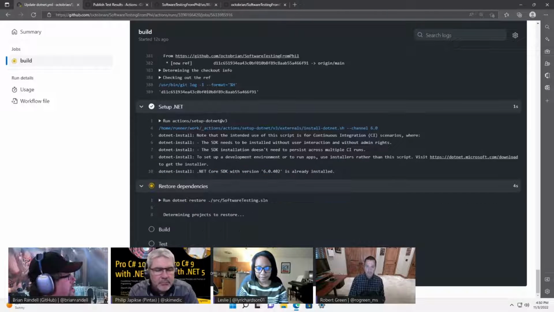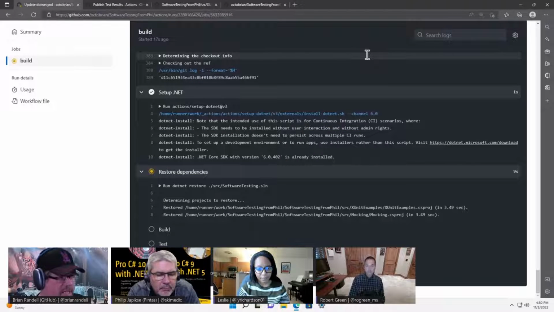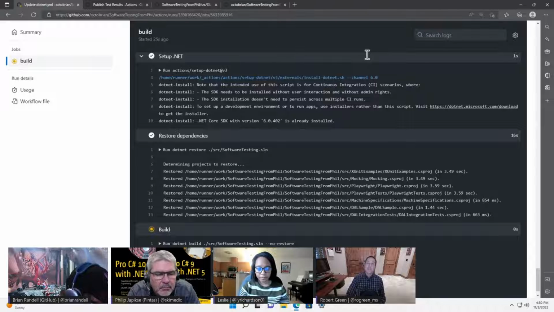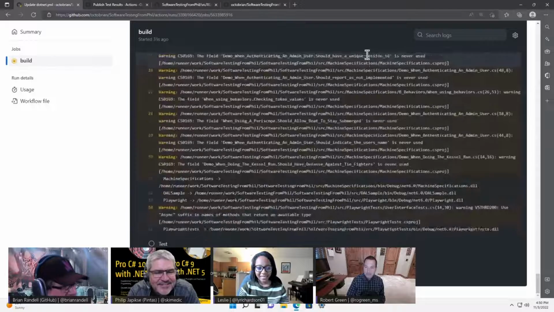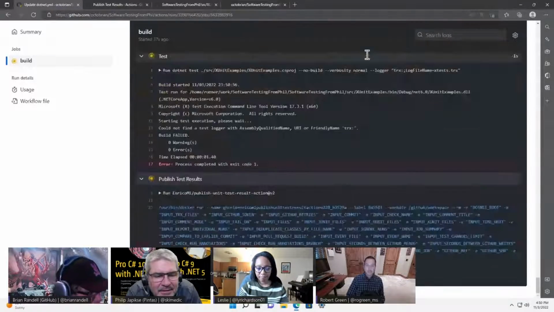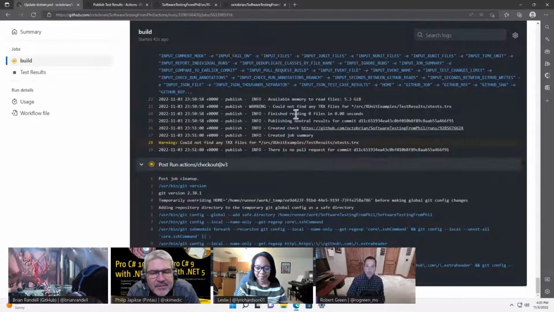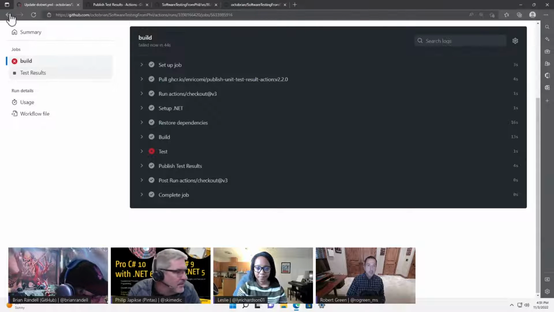And you'll notice it's going through and doing setup .NET, restoring dependencies like before. It's building. The suspense is killing me. Well, it's teasing me. It's actually running quite quick if you think about it. What's all the magic that happens on the back? Uh-oh. Could not find a test log. Could not find a test log. Find the TRX one. All right.